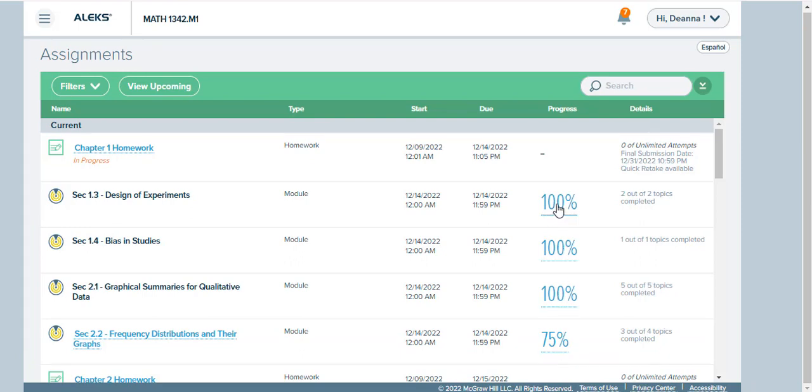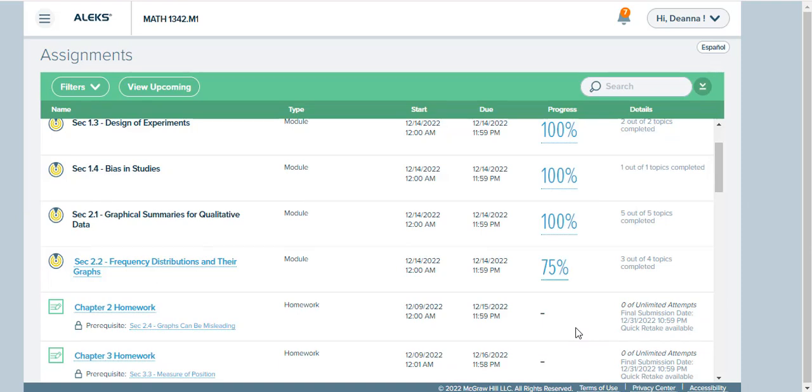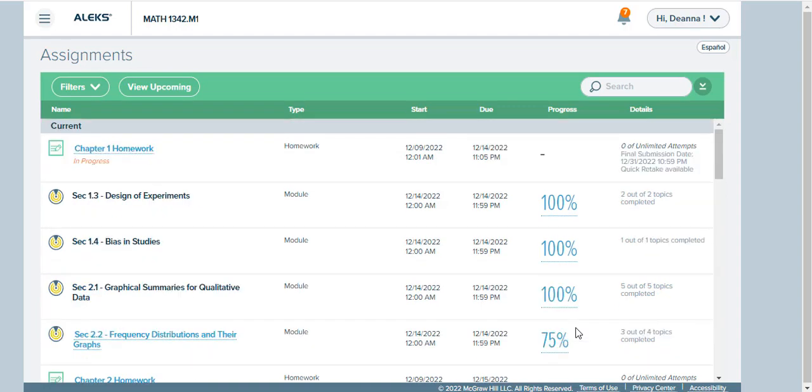If a knowledge check comes up while you're working on the course, do the best you can on that knowledge check, because any problems that you miss over material that we've already gone over, you'll see this number drop under the assignment list, but your grade will never drop. But it may force you to redo some problems out of that assignment. It looks like I earned a 75 on this, and that's probably due to material that I already learned during the initial knowledge check. The more you work with ALEKS, the easier it will be.